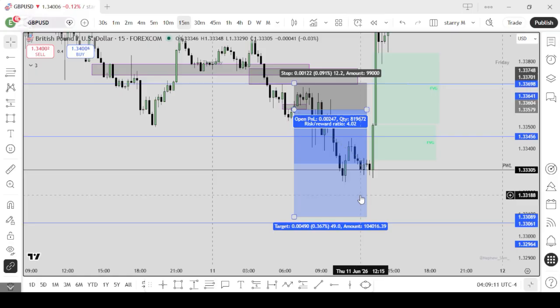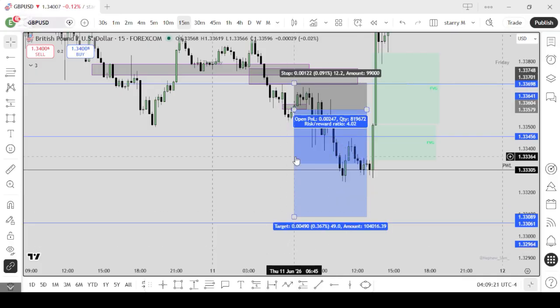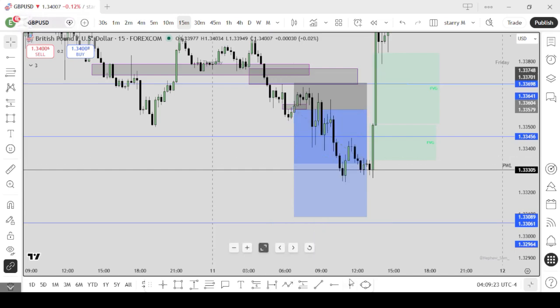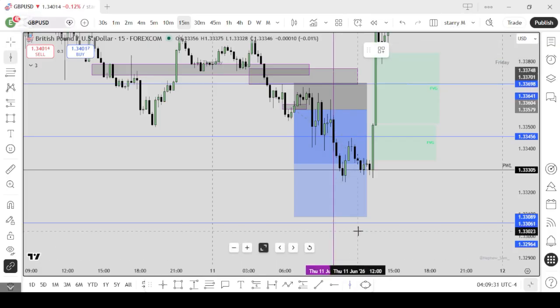When you're working with the 15 minutes, always look at the time. 15 minutes must be paired with sessions, with time and stuff like that. So at this point, because my entry was on the 15 minutes, I should have exited at either 10 or 12, just before the